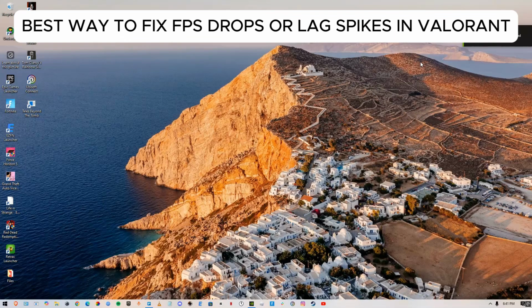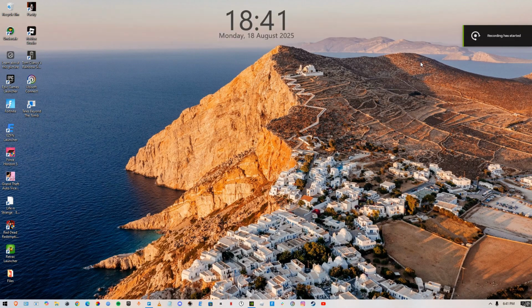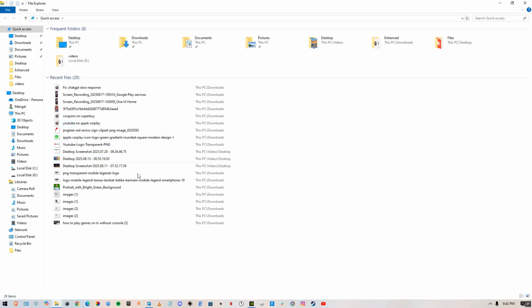Alright, so here is the best way to fix FPS drops or lag spikes in Valorant. In this tutorial, I'm going to show you exactly how you can fix that. First up, what you need to do is simply head over to your computer's file area where you have folders and everything,